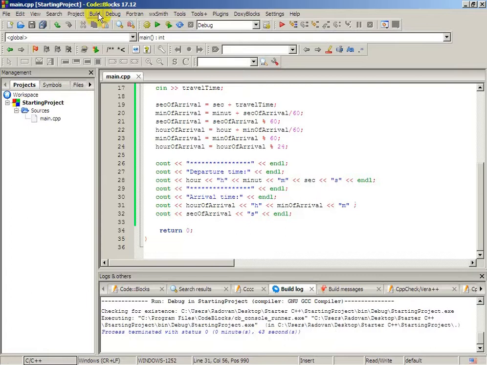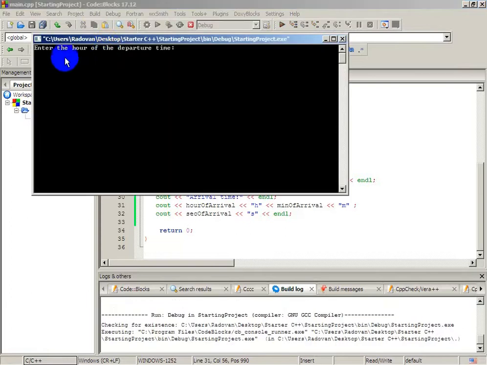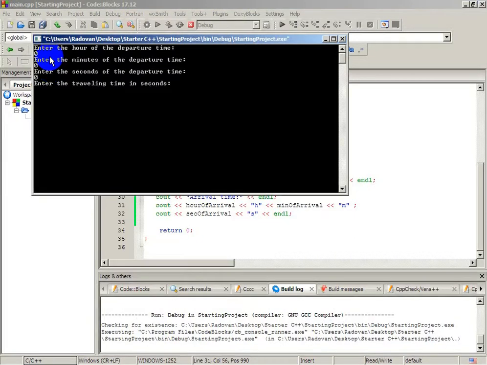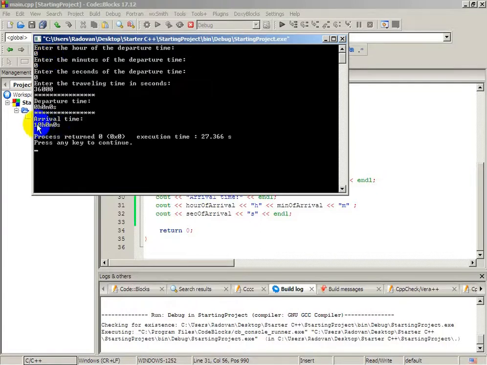If you want to see whether everything works properly, departure time can be at midnight: 0 hours, 0 minutes and 0 seconds. Okay, it's midnight. If we want to travel 10 hours, it is 36,000 seconds. It is 10 hours, and arrival time will be 10 o'clock. This works